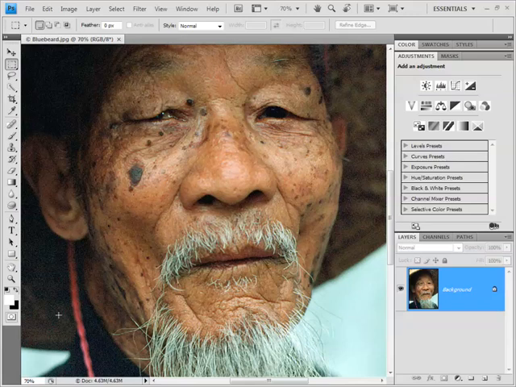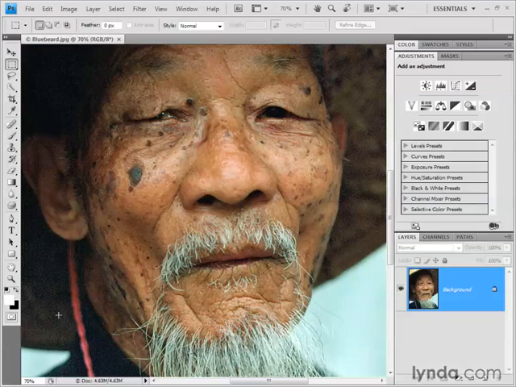In this exercise, I'm going to show you how to retouch blemishes, how to get rid of things like scars and wrinkles and pimples and all of those facial defects that we're so immensely proud of, how to absolutely blast them away using the healing brush and the patch tool. I'm working inside of a document called bluebeard.jpg that comes from the PhotoSpin image library, and it's found in the